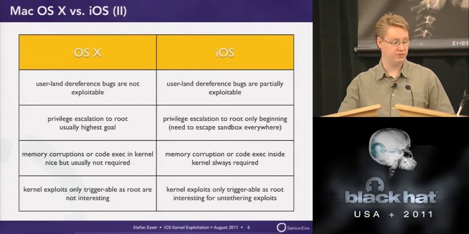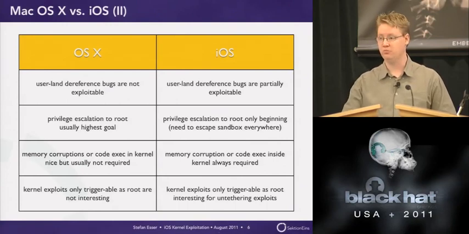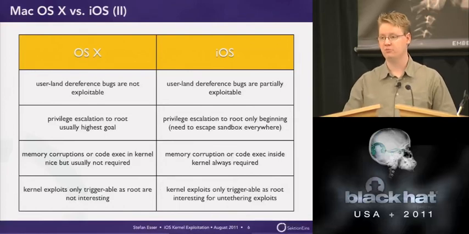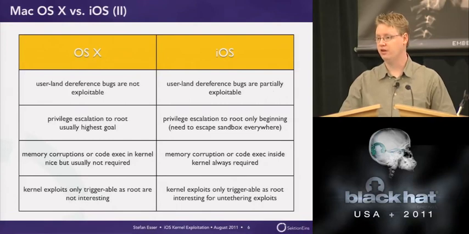When you look at OS X, usually nothing is sandboxed. Nowadays in Lion you have several things sandboxed, but in the previous version there was nothing sandboxed. So the only thing you wanted to have on OS X was to get root. In iOS, that's just the starting point. What you need is code execution in the kernel to disable all the security features. Therefore, on OS X, code execution or memory corruption inside the kernel is nice to have, but not really required. You just need a bug that gives you root. In iOS, you always need memory corruption or code execution in the kernel,